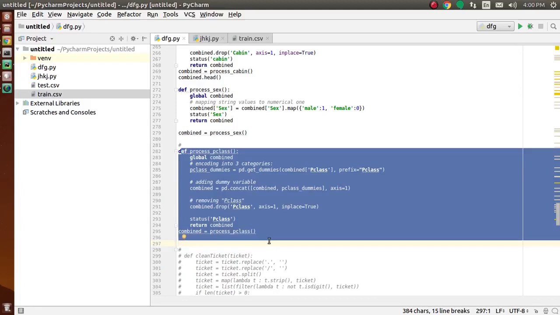This function encodes the value of Pclass, that is Pclass 1, Pclass 2 and Pclass 3, using dummy encoding. After that, we process ticket, to check the different ticket prefixes that are shown in our data set.